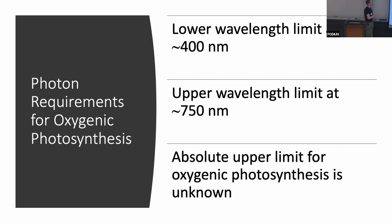You don't want to have that happen. So that's probably a reasonable lower limit for Earth and other planets should they evolve oxygenic photosynthesis. And the upper limit, though, is much less certain. On Earth, it's observed to be at about 750 nanometers, but it's not really certain if that is the case